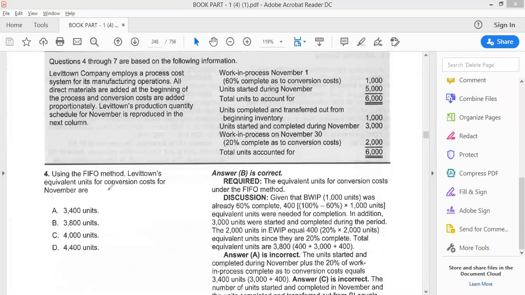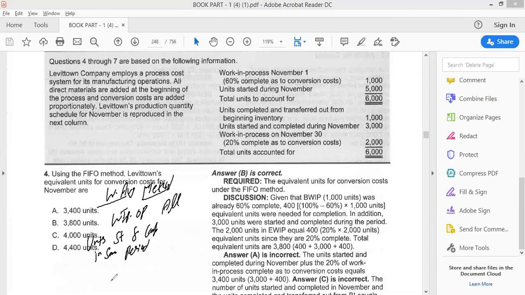Students, in our previous video, we mentioned the formula for the weighted average method. We said that for work in process opening, take all. The second line, units started and completed in the same period, and the third one, work in process closing, take the percentage. Here "all" means we don't consider any kind of percentage; whatever number of units is given, we simply record it. We are doing question number 6, students, and we are calculating the equivalent units of production